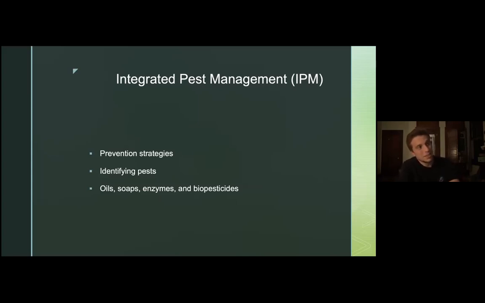Neem oil is the extract from an oily tree from India that has strong insecticidal and insect repellent properties. It also has a compound that disrupts the reproductive cycle of the two-spotted spider mite. So what you do is you mix up some neem as directed on the bottle. You'll use a surfactant, soap. You'll just add a little bit of soap in order to make the oil and water mix, because oil and